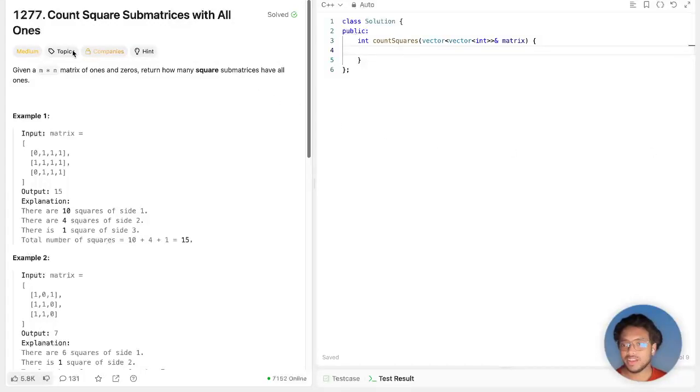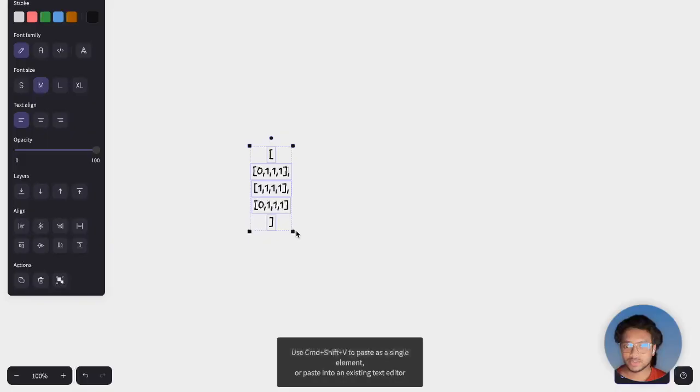Hello everyone. In today's problem, we have to count square submatrices with all ones, which is problem number 1277 on LeetCode, a medium level problem. You will be given an m into n matrix of ones and zeros. Return how many square submatrices have all ones. So all you have to return is the square submatrices that have all ones. Okay, so if we copy this problem statement and paste it here,